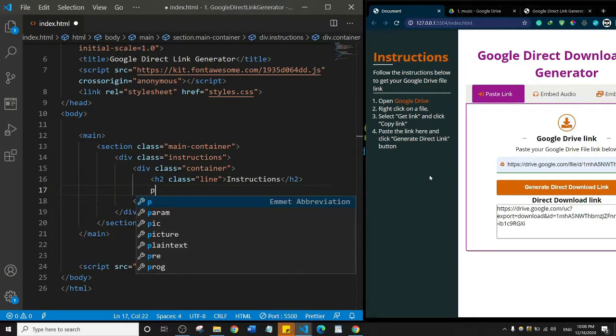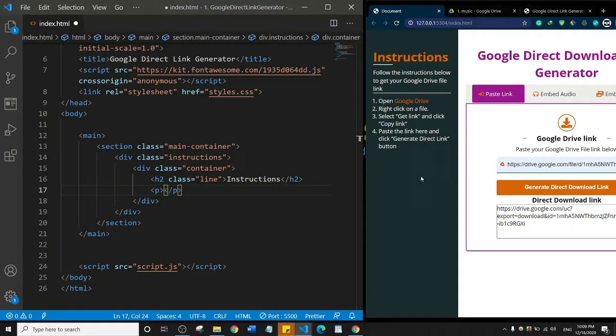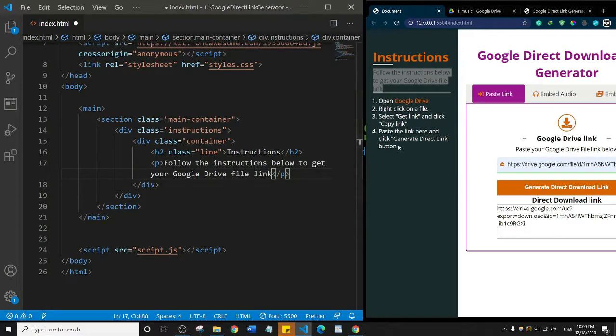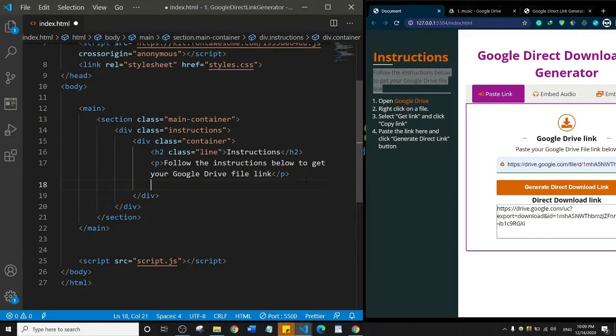And then we're going to create a paragraph. So basically I'm just going to copy this here so that I don't have to type so much, and I'll paste that in. Okay, so there is a horizontal rule just below this, so I'm just going to say HR,